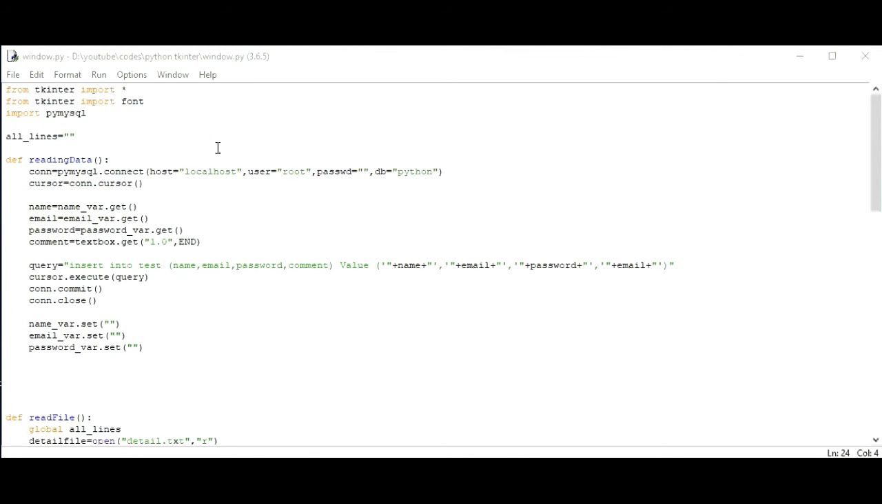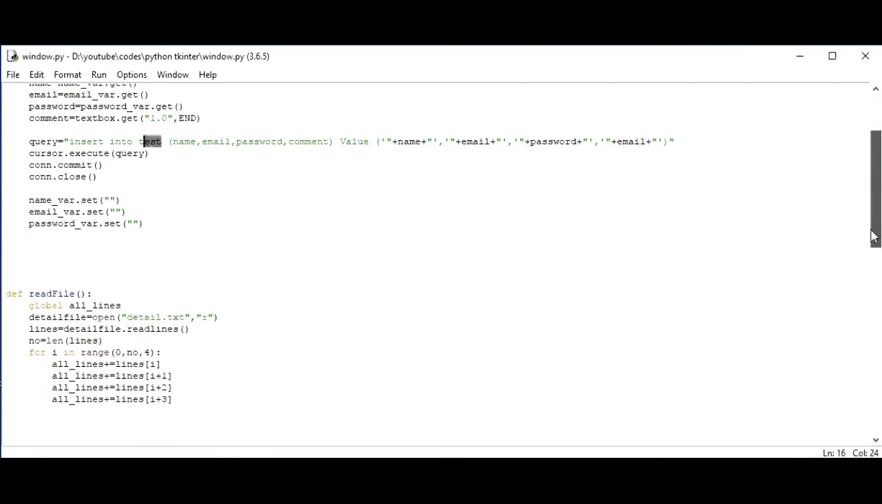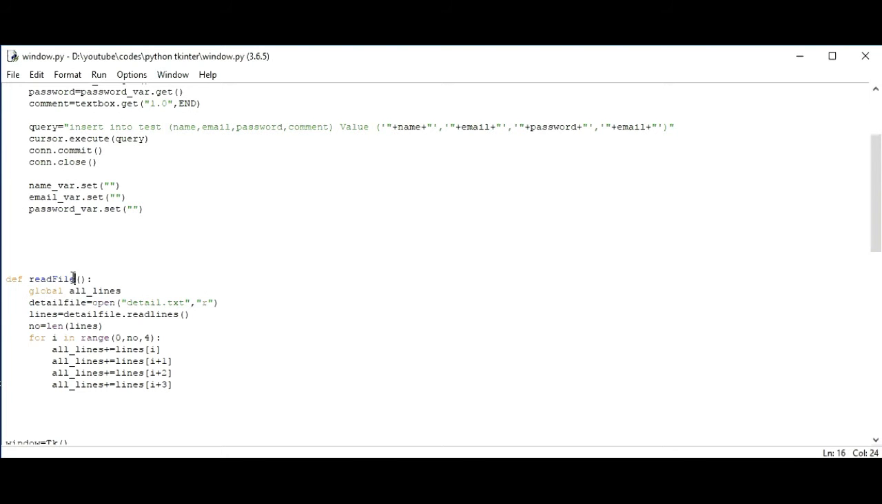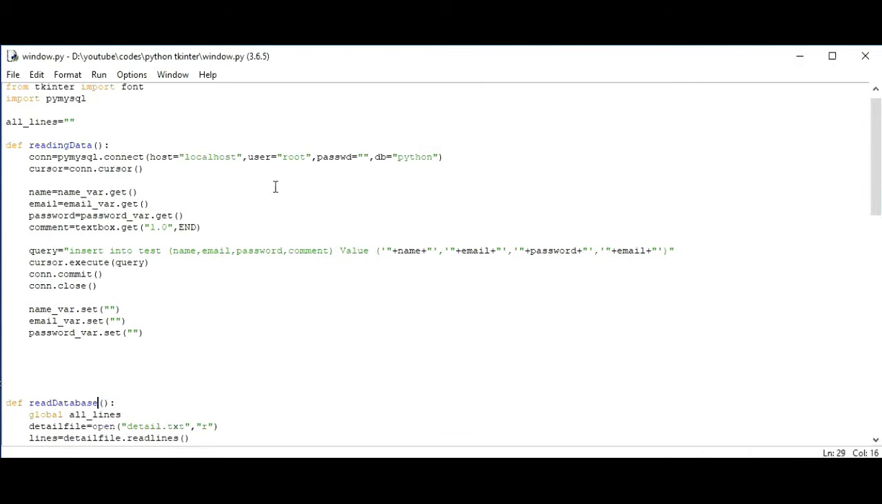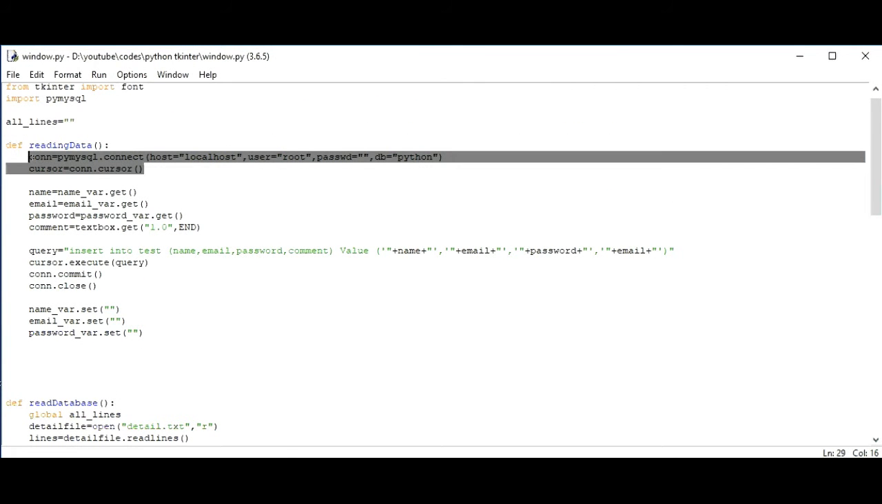We have previously done the connection with our localhost and this Python project, and we have inserted values in the table called test. Now we have to read those values. I will set this read database. As we have closed the connection, we have to open that connection again. Let's copy that line. Instead of typing it, we will make this cursor copy